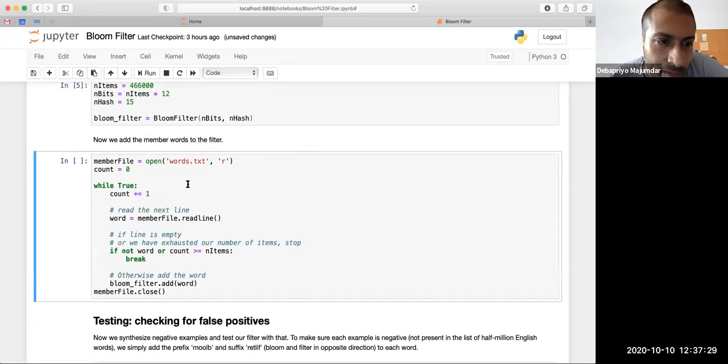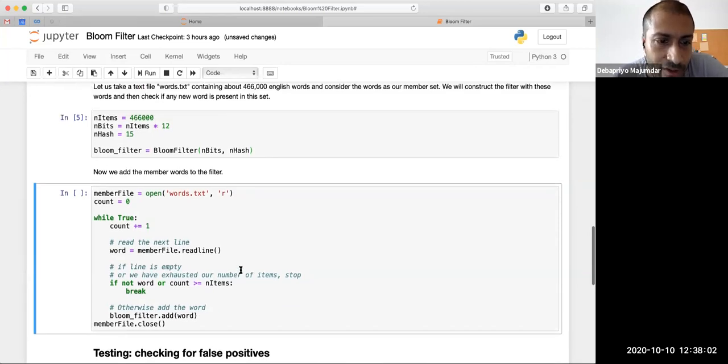Now, I will simulate a stream. Of course, you can read a text file using Python in a much more sophisticated way, but because I want to simulate a stream without really loading things into memory, I simply open a file, set count equal to 0, and as long as the file has words and the count doesn't cross my number of items, I keep reading, add the word to the filter, and then close the file.